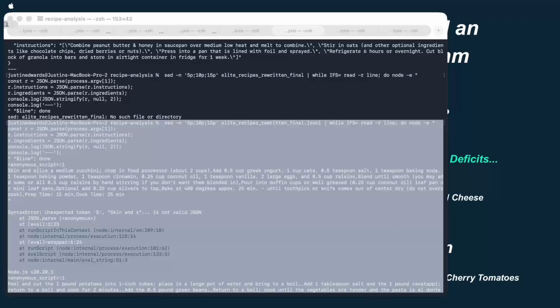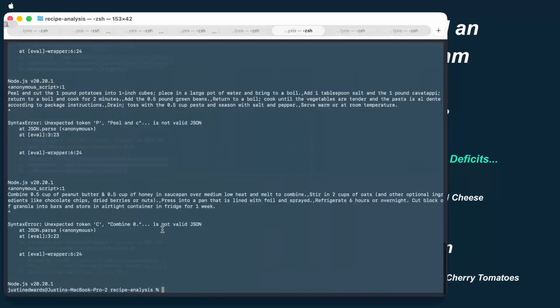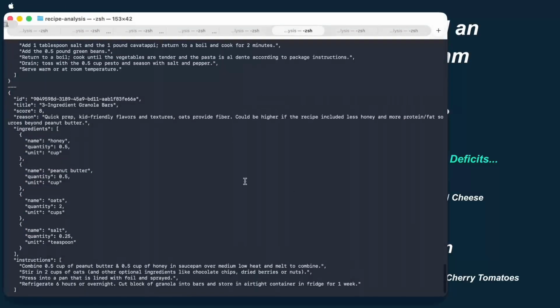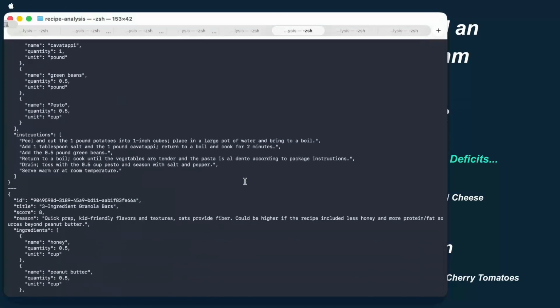We'll see if this version works. There we go. Okay. So now what you can see is after I ran the script to add quantities, I